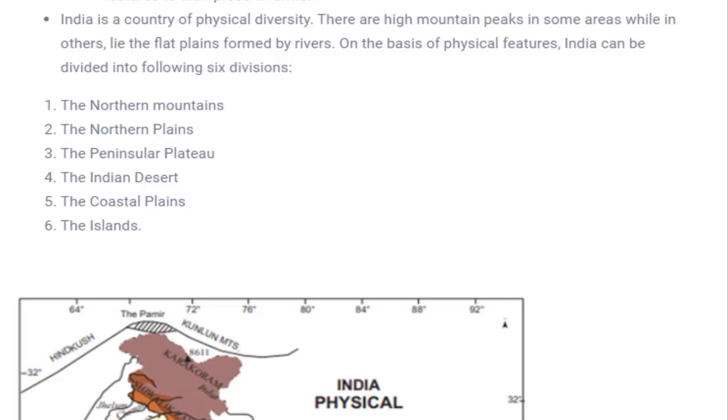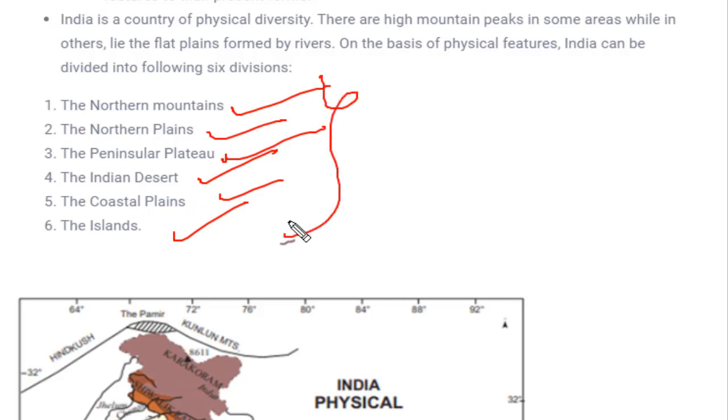Now let's see what the topics of today's video are. In this video, India is divided into 6 main physiographies, or topographies. The first is the northern mountains, the second is the northern plains, the other is the northern plateau, the peninsular plateau, then the Indian desert, and the coastline and the islands at the end. We will be discussing these 6 in detail, covering the important segments of mountains, the rivers flowing through them, and how these parts were formed. So, starting with the northern mountains.